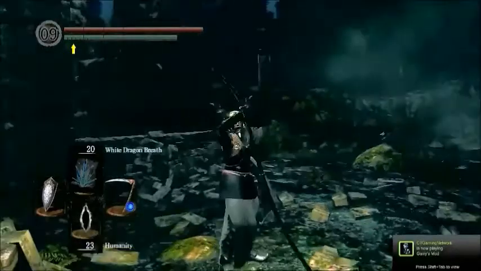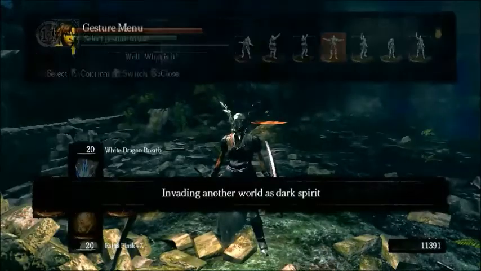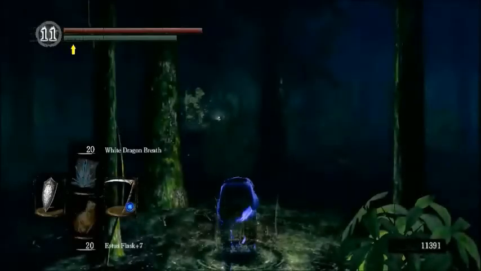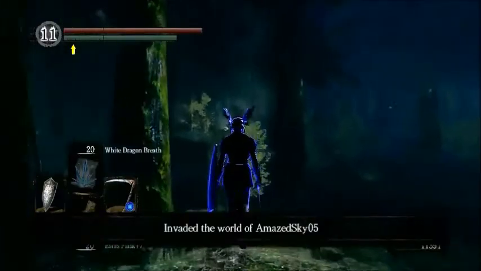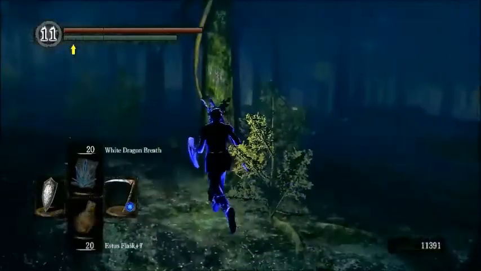So, begin section 3 of the video. And here we are with the next PvP fight. This is after a bit of practice. I'm gonna go ahead and switch out for the Darkroot Ring. Now I've made this guy a few times already, I believe. But anyway,